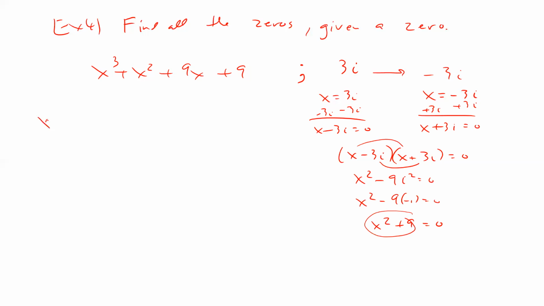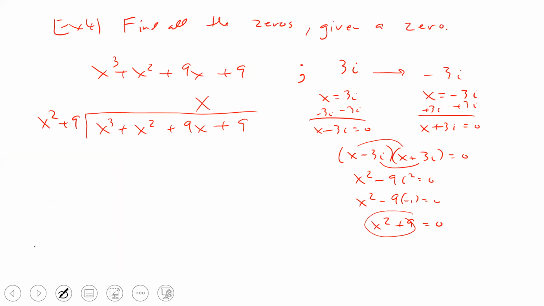And so we go x squared plus 9, and this is a little tiny bit more complicated long division than we were used to here, but that's okay. Okay, we got our columns, is that right? Columns are set. So question is, what multiplies x squared to give you x cubed? x is right, we have to put it into the x column. Let me do it this way here. x times x squared gives me x cubed. x times 9